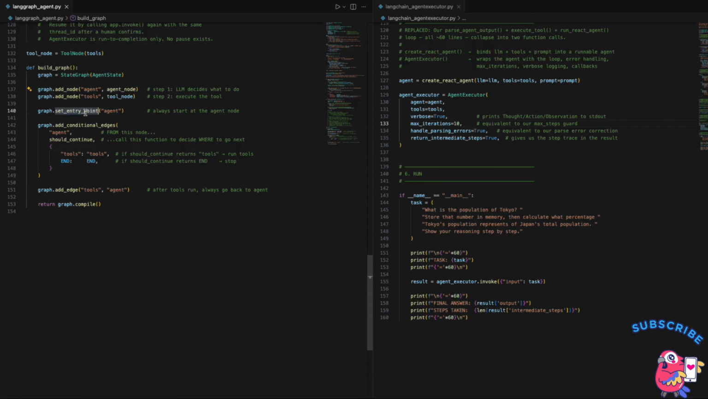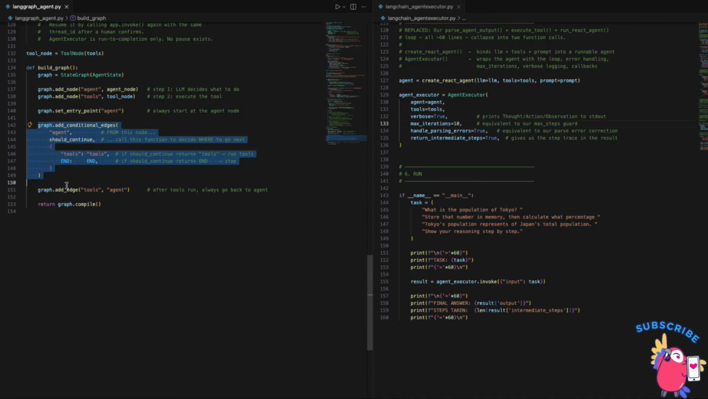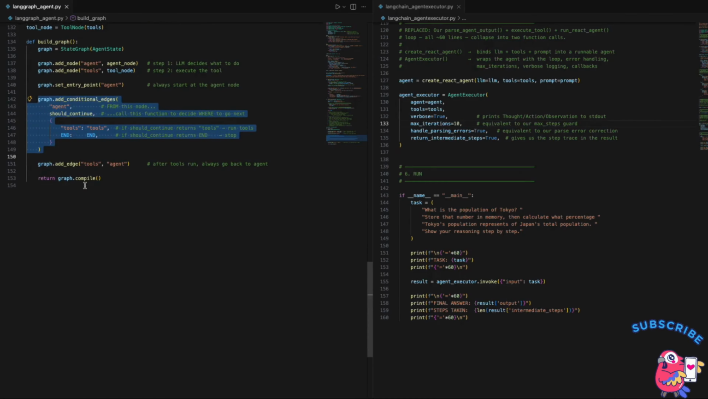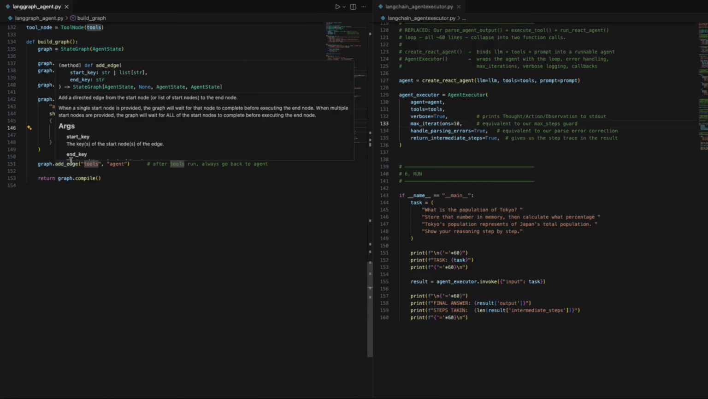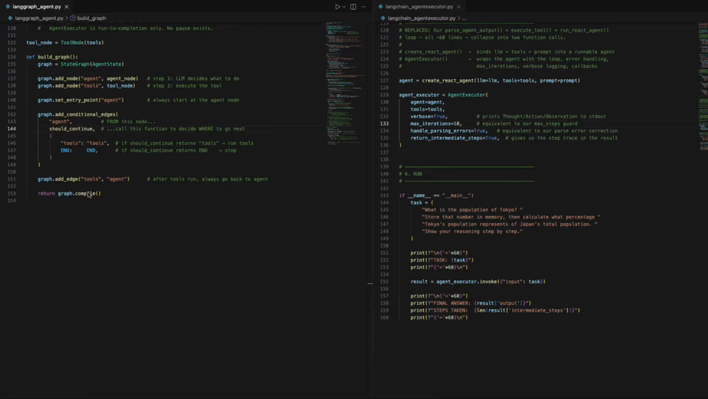Next is set entry point. Set entry point is where the graph starts when someone calls app.invoke. This starts from here, and then it will go into the conditional edges. After the agent node runs, it calls should_continue to decide what's next. The dictionary maps each possible return value to a destination node. If should_continue returns the string tools, then go to the tools node. If it returns end, then stop the graph. Next is add_edge. After tools run, always go back to the agent. No routing needed. Compile validates the graph, checks for unreachable nodes or any missing edges, and returns a runnable